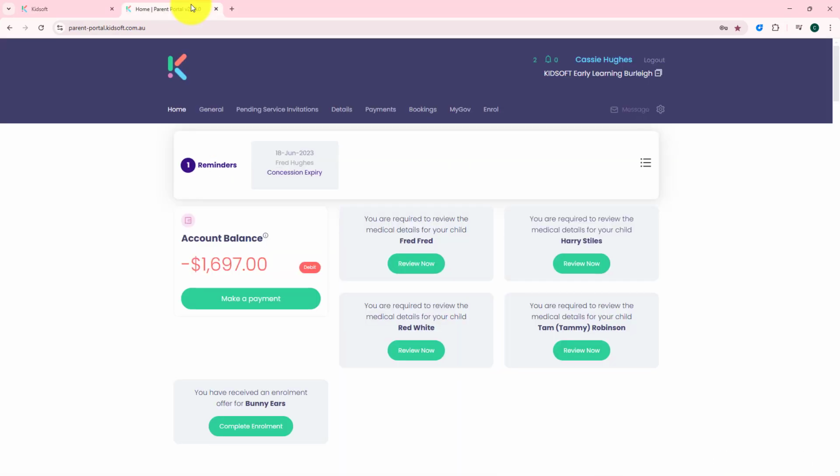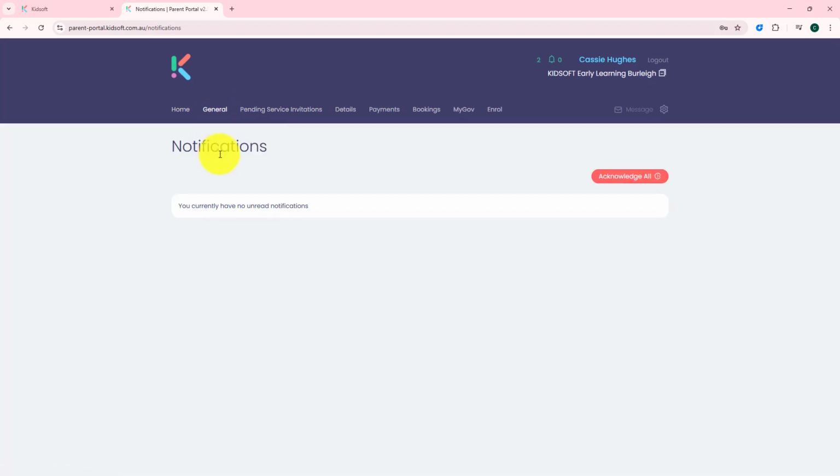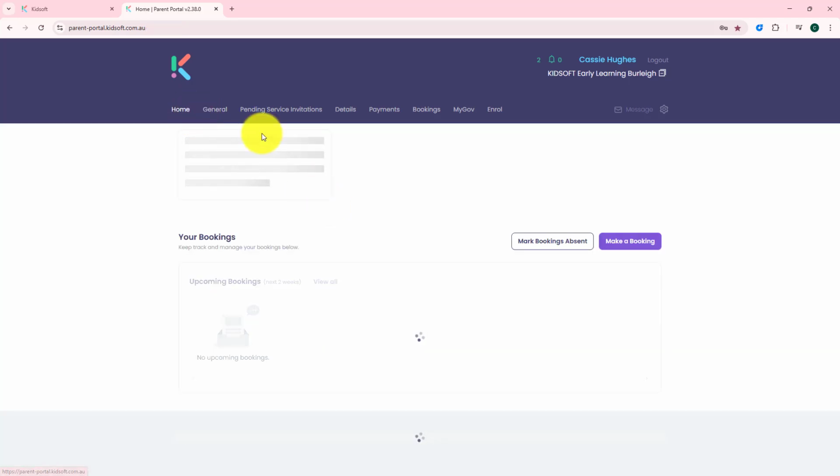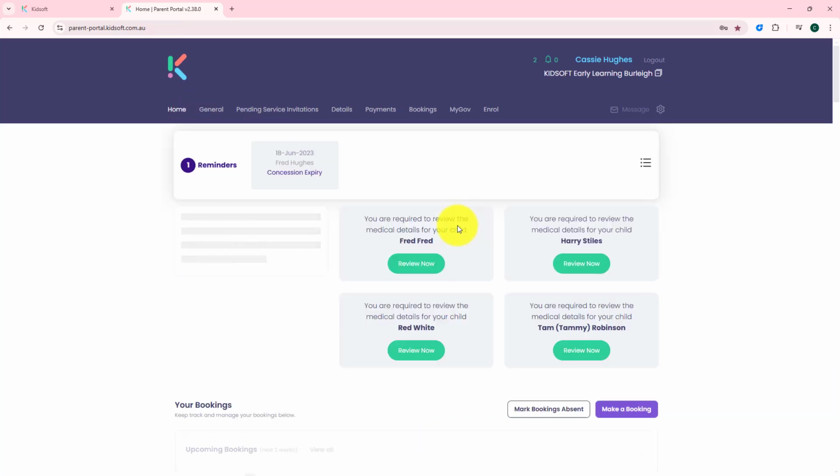Now if we switch over to the guardian's parent portal account and we go to their notifications, we will then see that there is a notification advising that the child has been marked absent for the day. This is a system notification, and if the guardian has push notifications on their app, they will receive a push